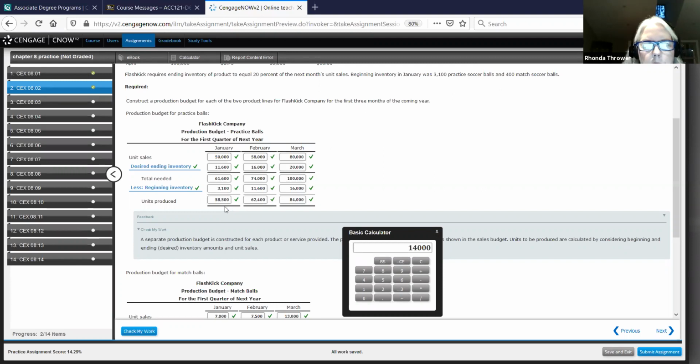And then for February, the number that we produced is 62,400. And for March, it was 84,000. That's your practice balls. Now, if we look at the match balls,